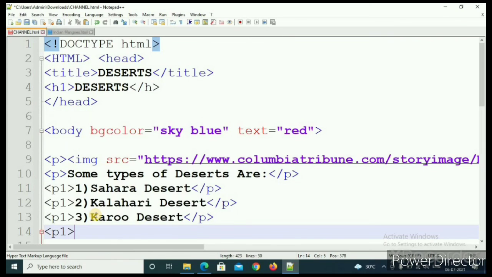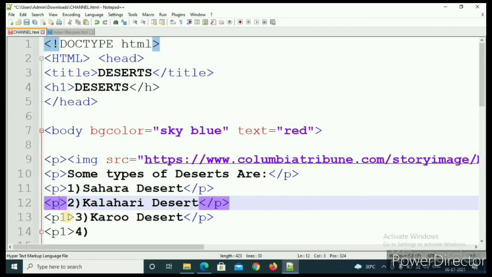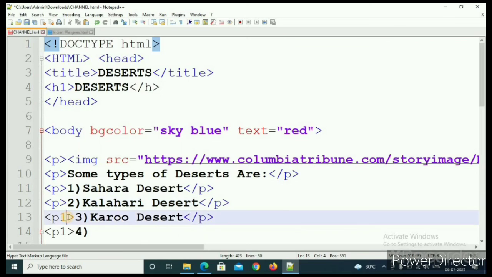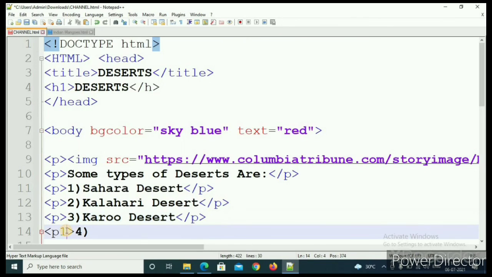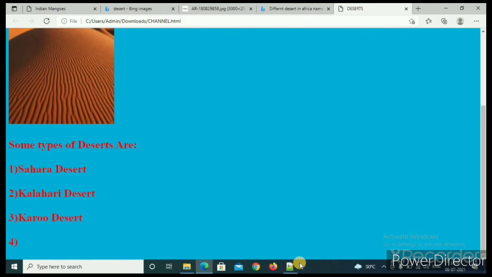P1 and then this and then 4 and then this. I think it will be P. Let's see. It's working, but it can be P because it's in blue there. That's why I'm telling. Yeah, it can be P. Okay.